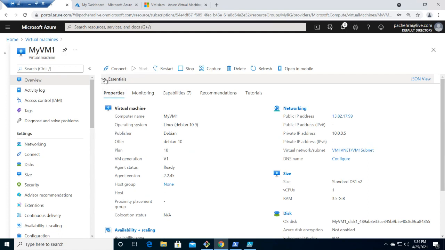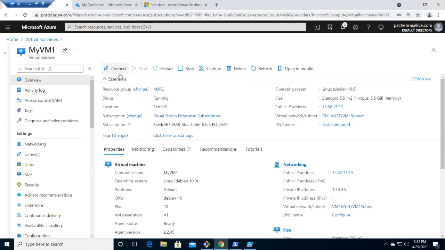Now, I just remembered Ashish was talking about the Bastion server. So this is how the Bastion works. If you click on connect, there is the Bastion. This is the managed jump server of Azure. If you're familiar with the jump server, this is just like a jump server, but it is managed. You need not worry about the patching or things like that. This is all managed by Azure.